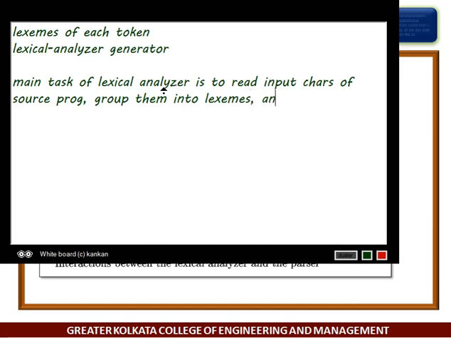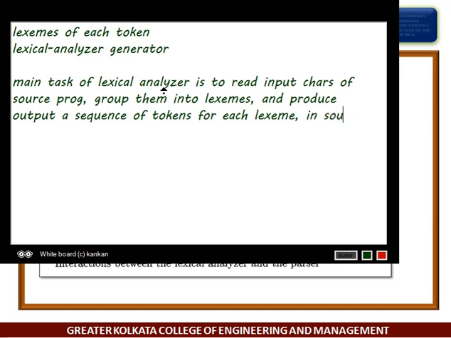And what will be produced as output? A sequence of tokens for each lexeme in the source program.